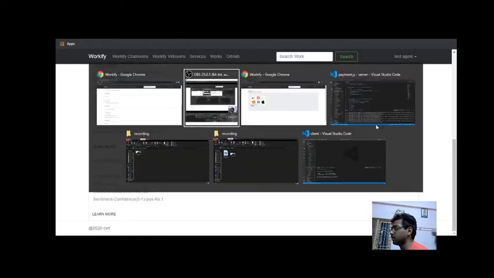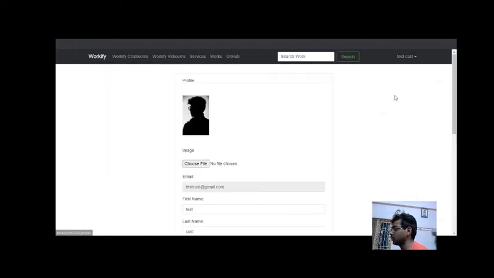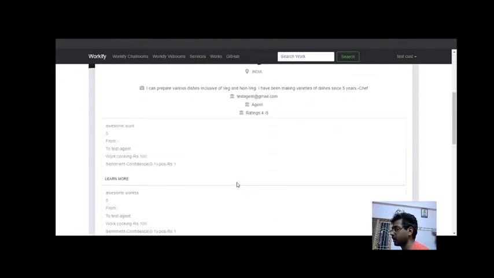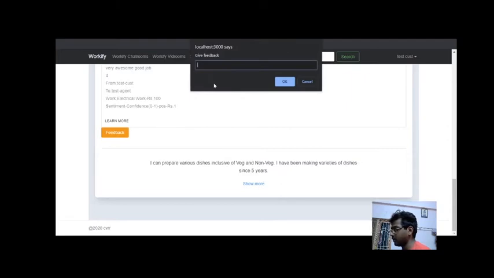Once again, if we go to this customer section, your profile, all profiles, this is an agent, he can go over here and he can also give feedback. Let me give feedback here. Nice, cool job, seen from work done for my friend. Like he's a recommended person, for his friend he has seen the job of that person, something like that, and he is giving feedback.